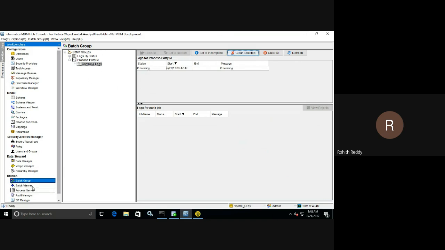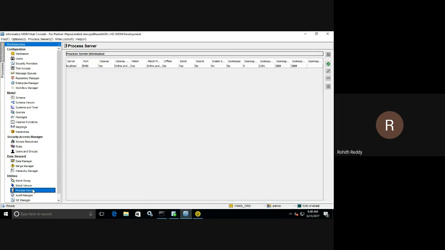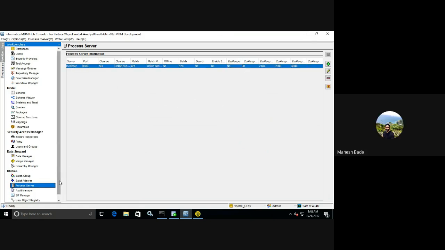And process server. These are like to create the process server. It's an admin task. Not needed, depending upon the hardware, we can assign a process server. And how do we restart the process server? Those things, right? So what we will do,